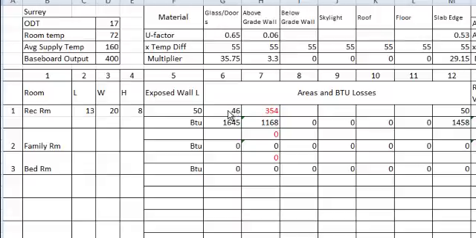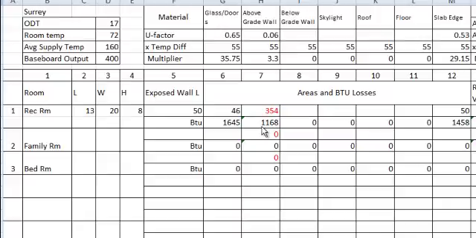We will end up with 354 square feet of above grade wall. So that's our 354. Now when we use the multiplier that's associated to the above grade wall of 3.3 times 354, we'll end up with this total of 1,168